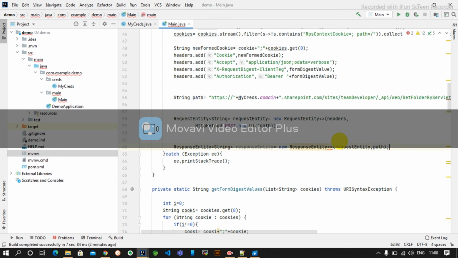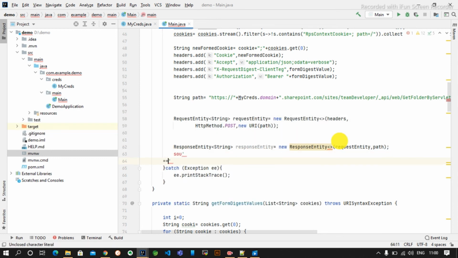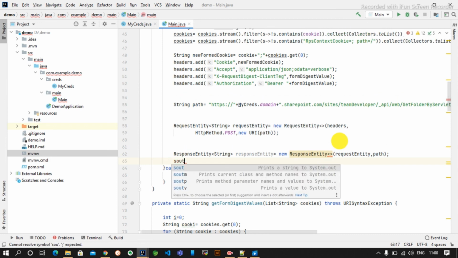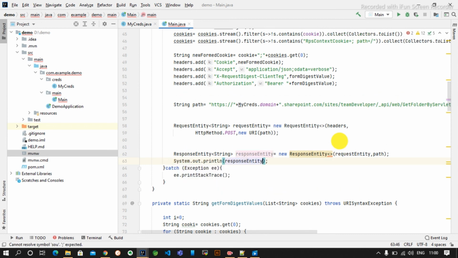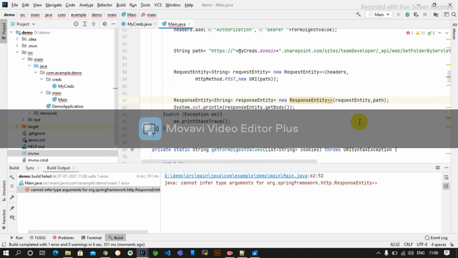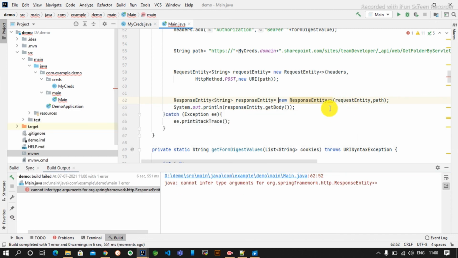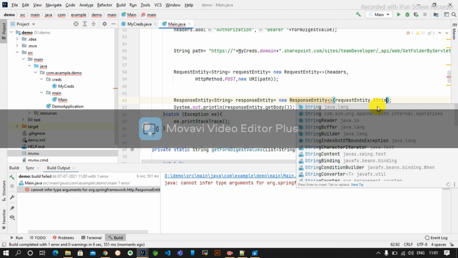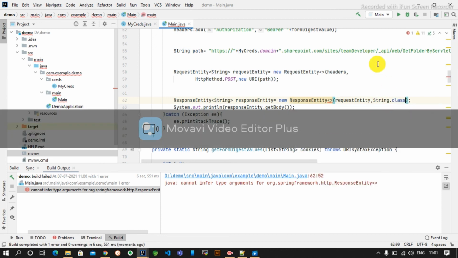Then simply we will do a sout, response entity dot get body. This one will be string dot class because I am expecting a string as the class, meaning my response should be part of a string class.